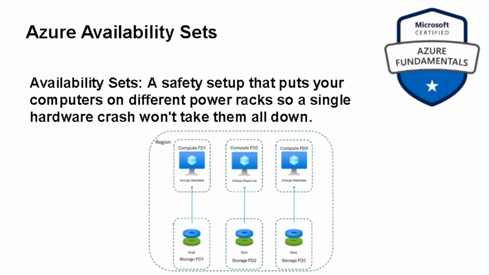So for example, if a single hardware crash, it won't take them all down. For example, we have availability sets. I have an image right here of a region with 3 different availability sets. And as you see, for example, if the first one were to crash, the next availability set will